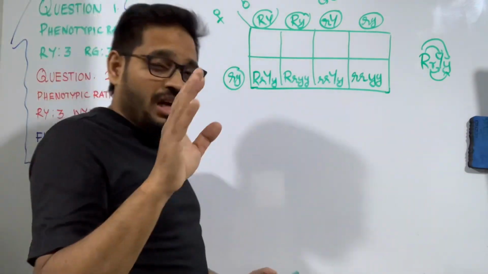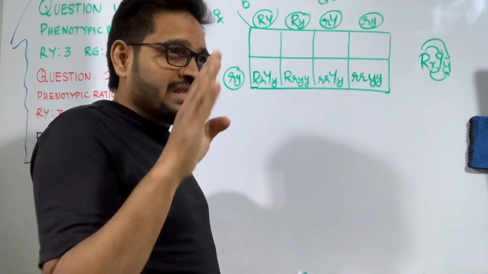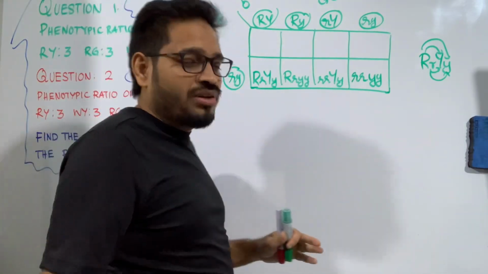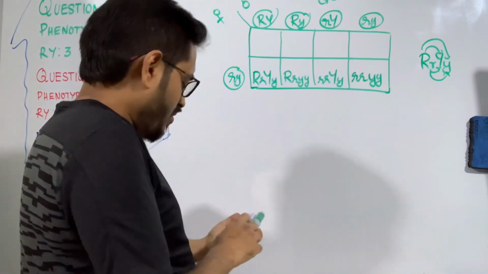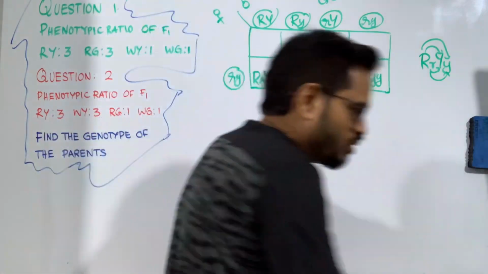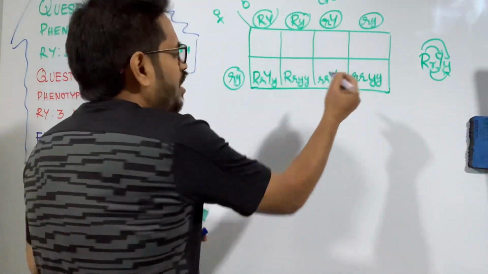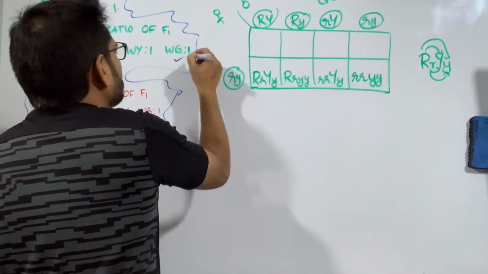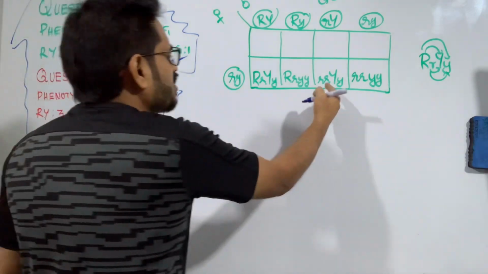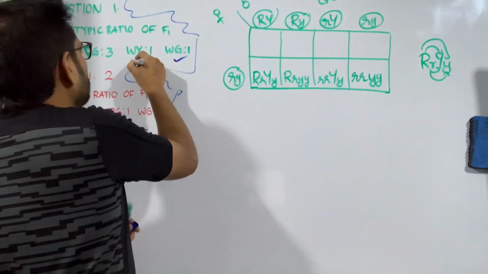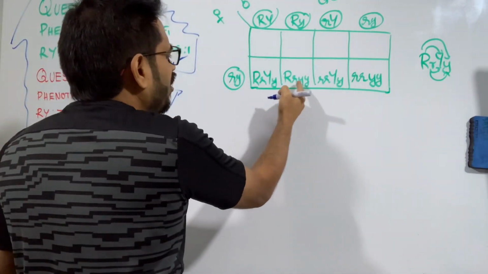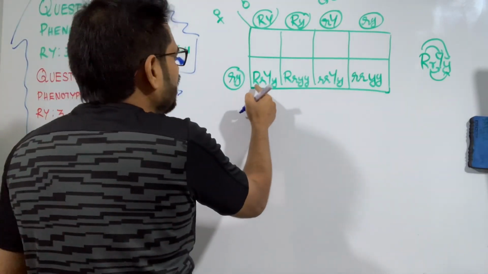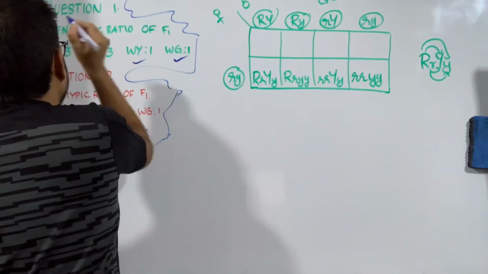By the way, after doing this, let's find out step 6, how many of the required types of phenotypes we got. When we check into that, we come to a point that this is a round yellow, and this is wrinkled green. Yes, we have 1, we tick it. Next one, we have got wrinkled yellow. Yes, we have got 1. Now round green. From this round green we have already solved 1, and here round yellow we have already solved 1.